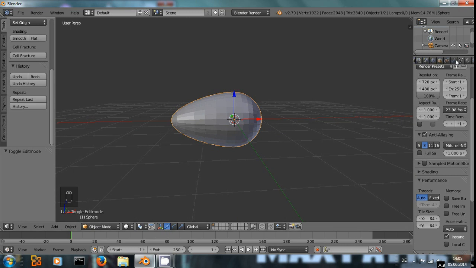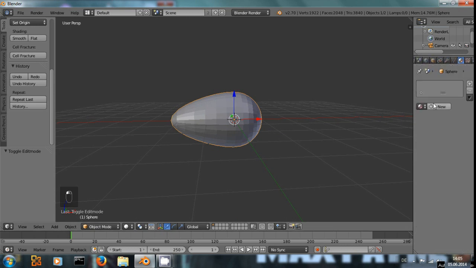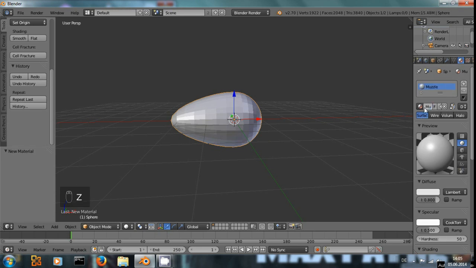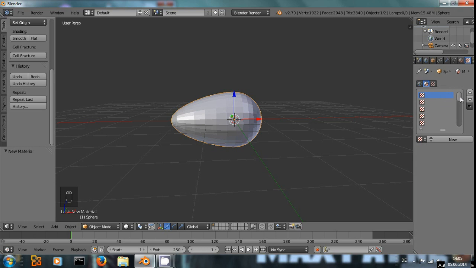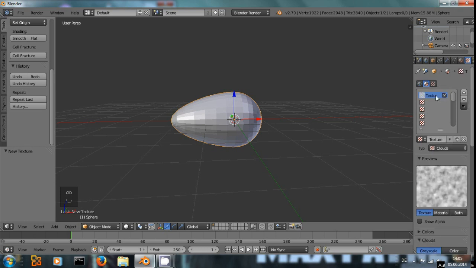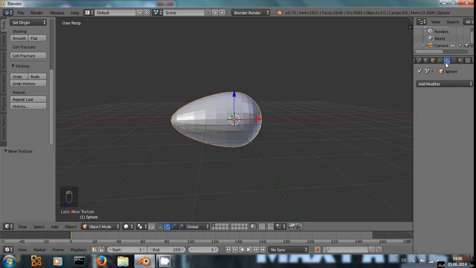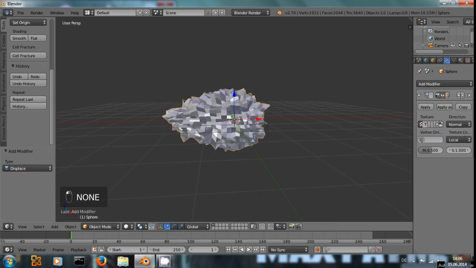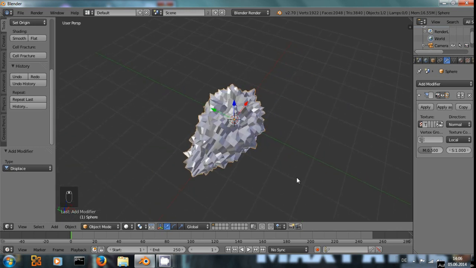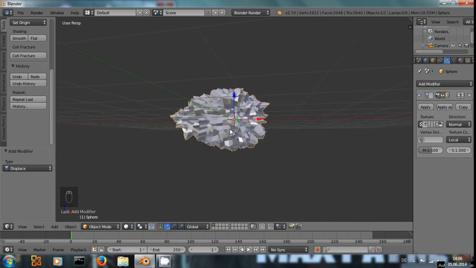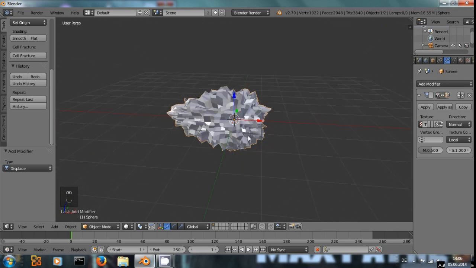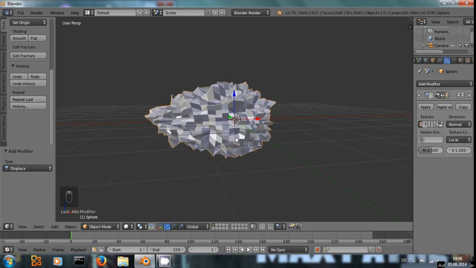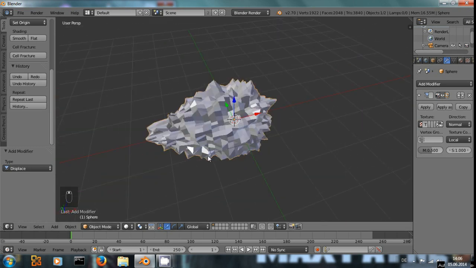How do we displace it? Well, we add a material that I will just call Muzzle, and on that material we add a texture. We can leave the cloud texture, but we don't want to show it up on the actual object, so we deactivate it. We will just use this texture under modifiers, add a displace modifier, select the texture we have just created, and now we see that this object is a bit more random and looks kind of... It's getting there. We can improve this